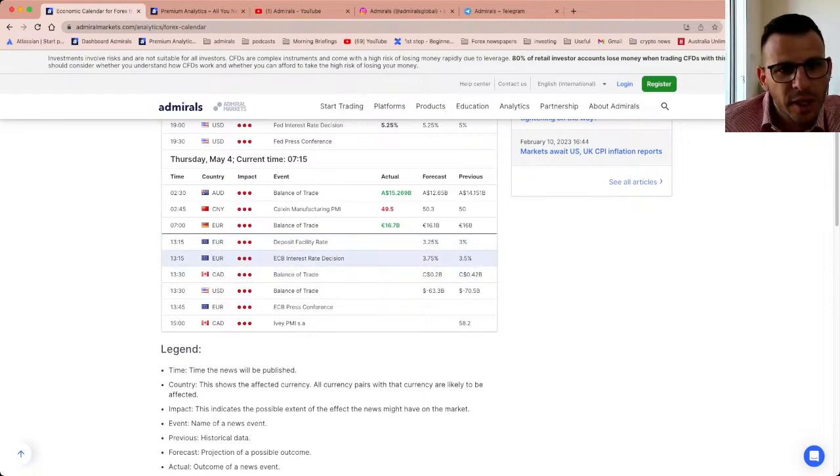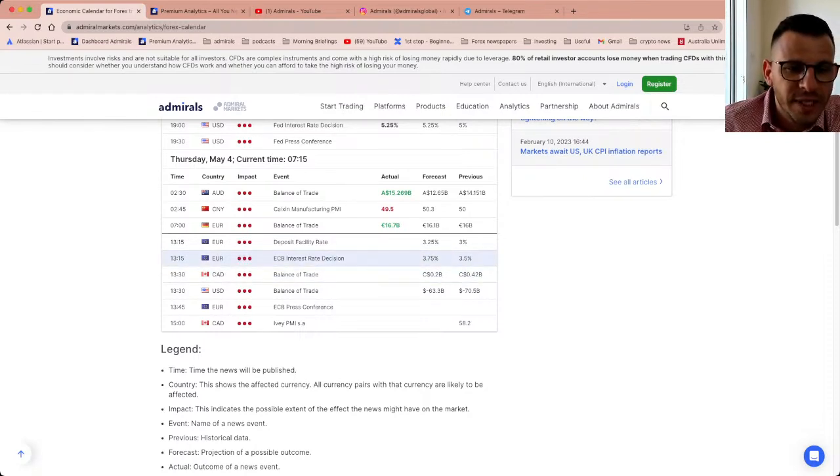Interest rates by the European Central Bank, currently 3.5%. As far as we read from the newspapers, there is no doubt that the European Central Bank will raise the interest rates. Now, if it's going to be by 25 basis points or by 50 basis points, we're going to find it out